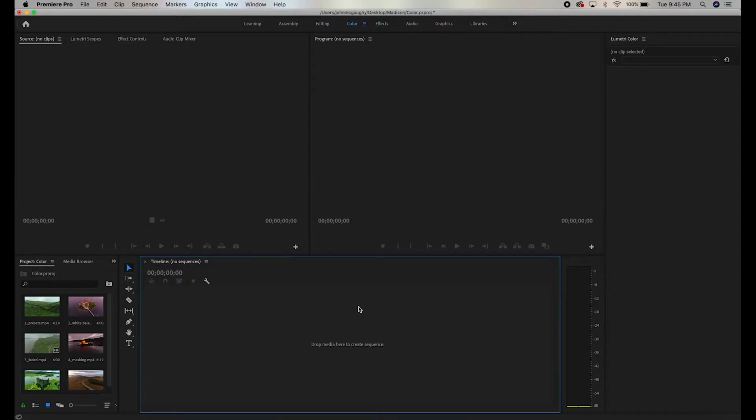Let's talk briefly about the difference between color correction and color grading. These terms are often used interchangeably, but there is a slight difference. Color correction is taking a clip and making it so that it appears to be the same color it would